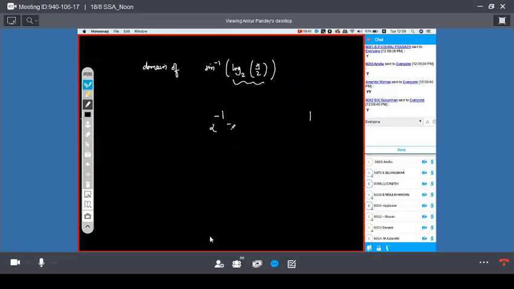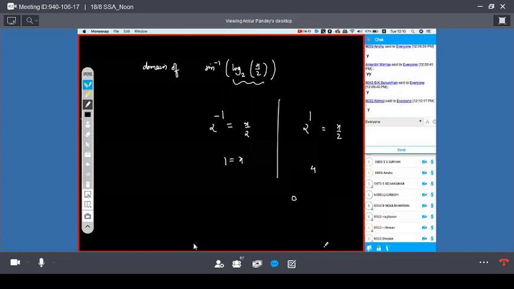So 2 to the power -1 is equals to x by 2 implies x equal to 1. 2 to the power 1 is equals to x by 2 implies x equal to 4. What is the problem? Just exclude 0. Got it? So coincidentally, there is no 0 here coming. Yes or no? Getting my point? So 1 to 4 is straight answer.